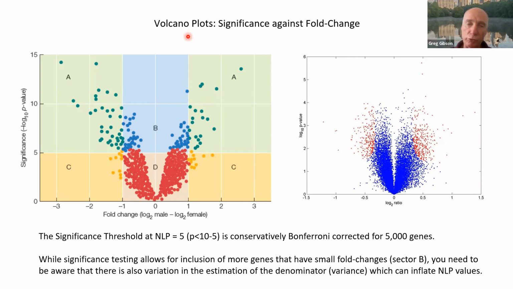So he employs something called a shrinkage estimator. You do assume that genes with a similar fold change have a similar variance. When you do that, you shrink down the denominator variance. You're using a more common denominator variance. And if you do that, then it implies that you expect